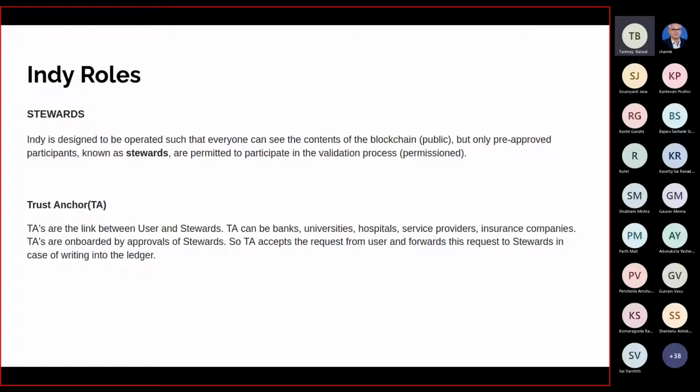As you see, TAs or trust anchors are onboarded by the approval of stewards. So here in Indy there is a concept of a Verinym. A Verinym is basically a DID which we can say is associated with a physical identity. DIDs of type Verinym can be registered in the Indy ledger only by stewards, and it is assumed that stewards will be registering Verinyms after validating their physical identity.